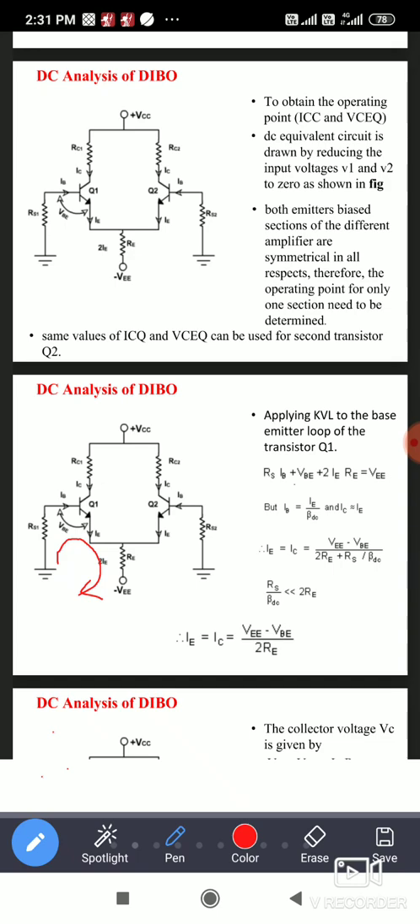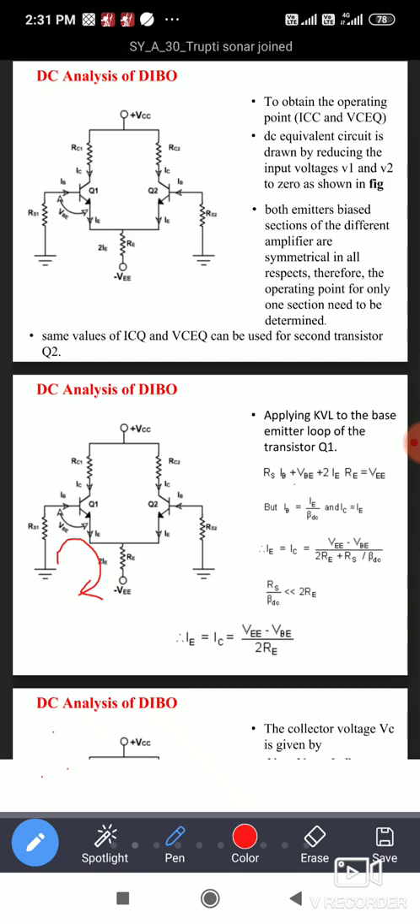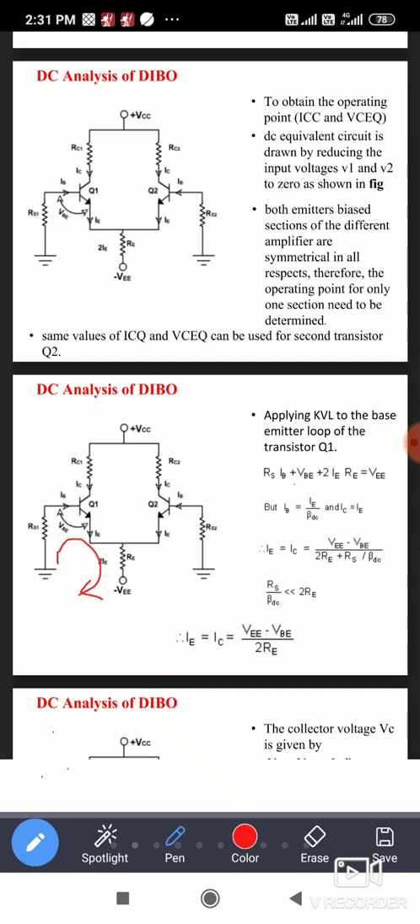So you can apply the Kirchhoff's voltage law in the base emitter junction of Q1, base emitter loop of the Q1. मग तुम्हाला हे दिसत असेल, हा एक क्लोज सर्किट आहे. Okay, this is the closed circuit. So in this closed loop we can apply the KVL. So apply the KVL in this loop. So when you are applying the KVL,